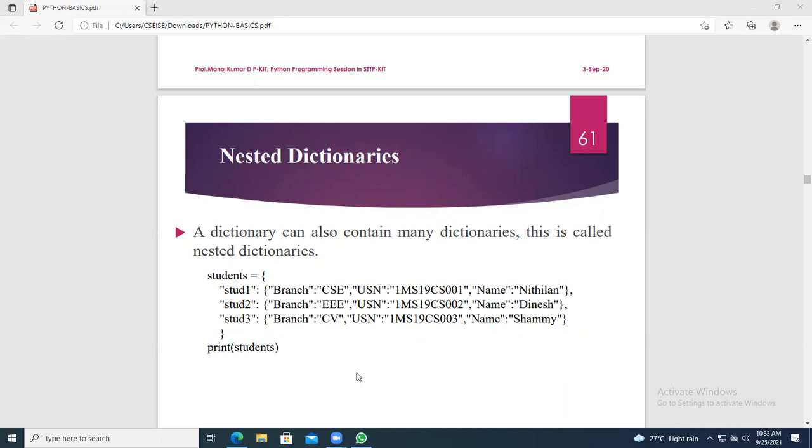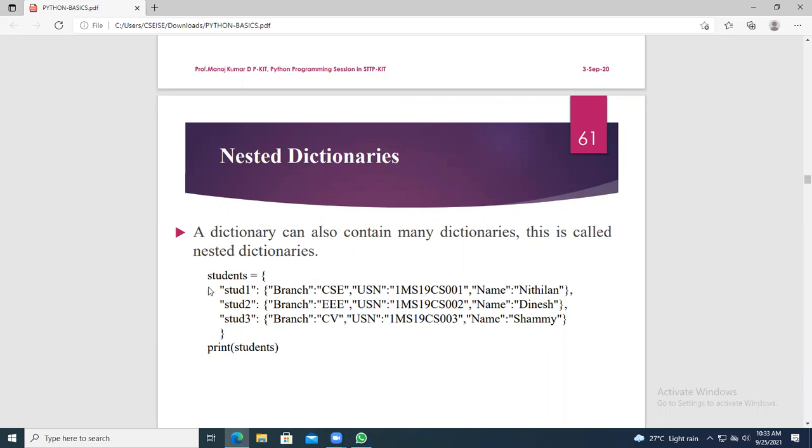Branch, USN, name. Keep that in your mind. So this is one example. In this example, what is the value? CSC. And in this one, what is the value? 1MS19CS00.